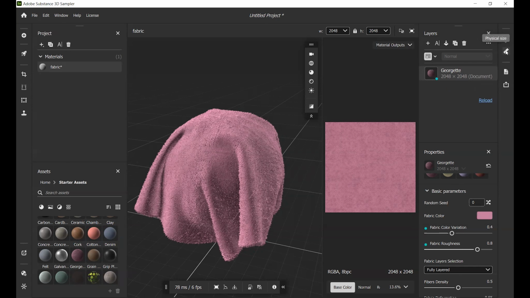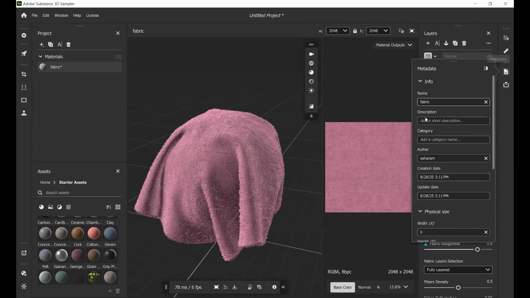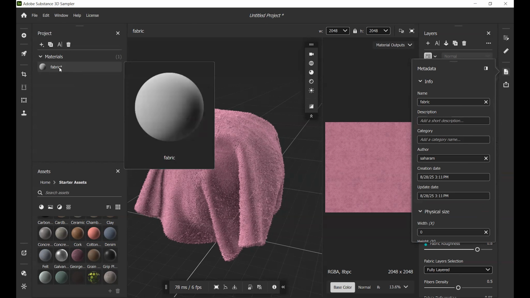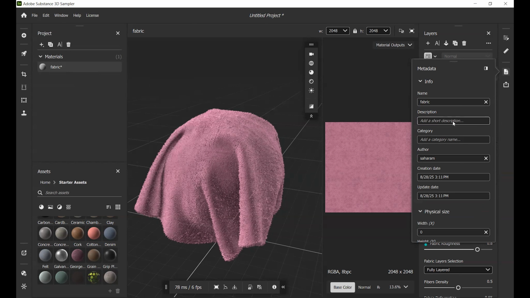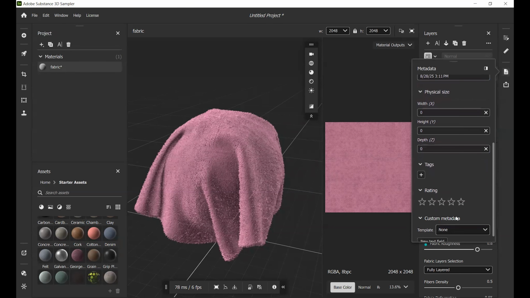And then we have metadata. First, you can set whatever name we have here. Then you can write a short description, and you can write your name. Like maybe I want to add Saharan, and you can change the date.